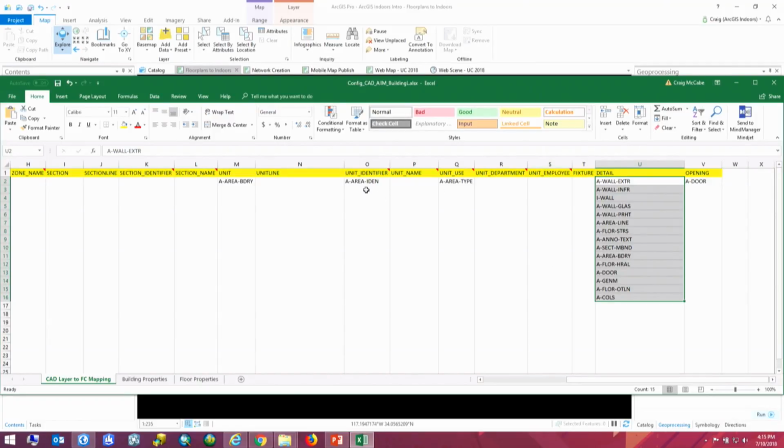One thing the spreadsheet does is, sometimes you have polygons in your CAD files, sometimes you just have polylines, and you need to make spaces, you need to make polygons from them. So this very last field here is an opening column, and essentially it's going to use the layers that you specify for your unit, and it will close that opening listed in the opening column to create a nice clean polygon. Otherwise, with the door swings, you get little polygons of those swinging areas, and you want to incorporate those into the space in which they're present.